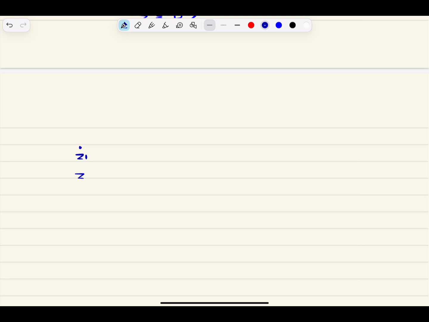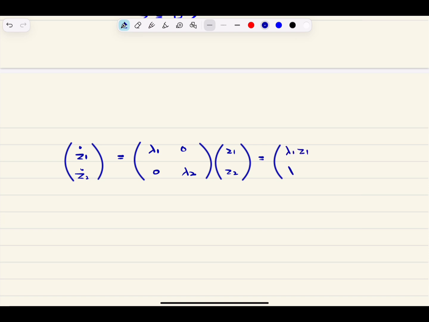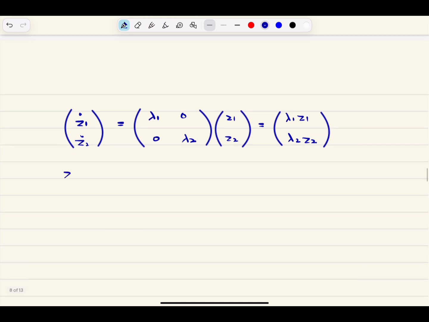So this was the first, second, and we have the diagonal matrix, which was lambda 1, 0, 0, lambda 2, and then we have z1, z2. I'm trying to hurry because I don't want the video to be too long, because lengthy videos can be very tiring to watch. Anyhow, we get a simple first order differential equation, and the solution to which we know is like this: